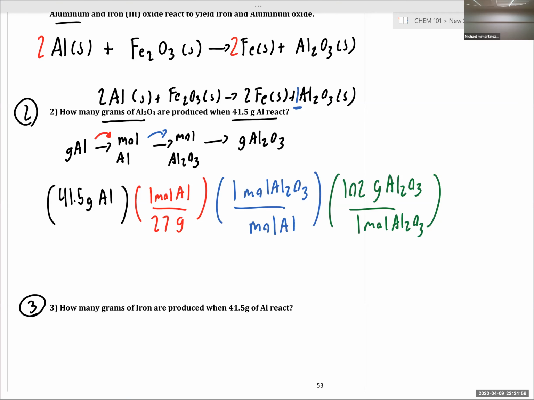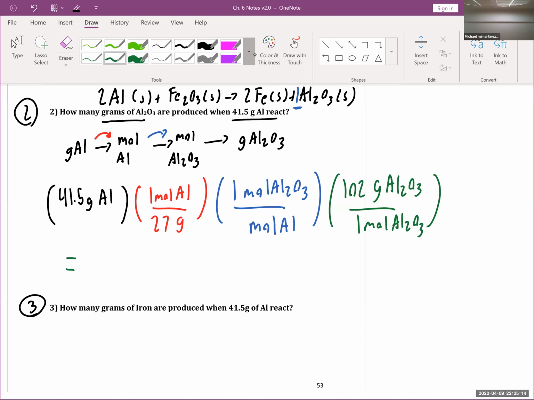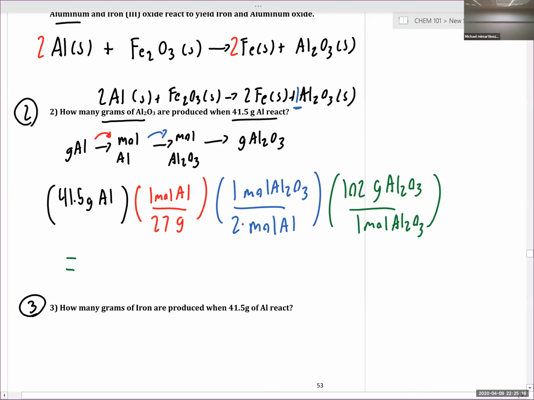Now all we have to do is punch this into our calculator. So let's do that really quickly. So we have 41.5 over 27, times 1/2, times 102. And that in turn gives us